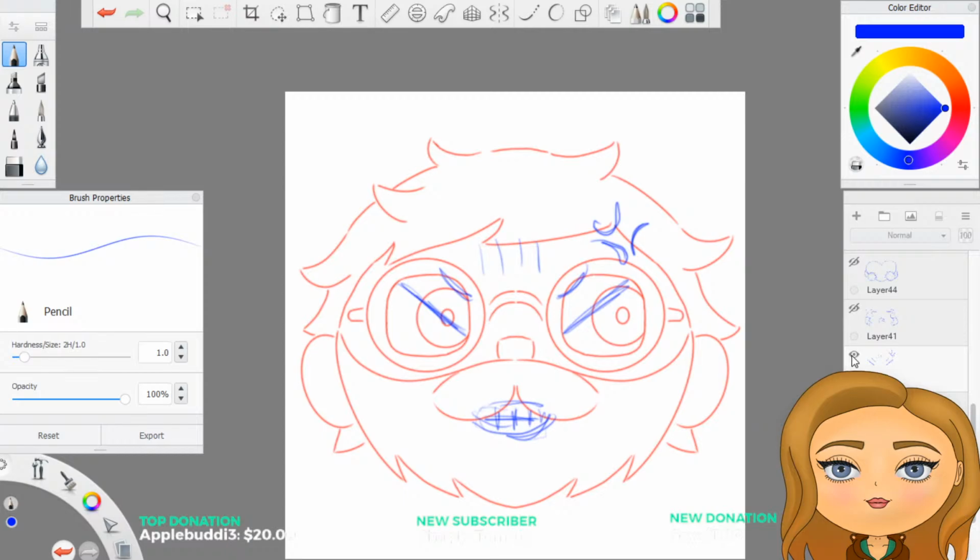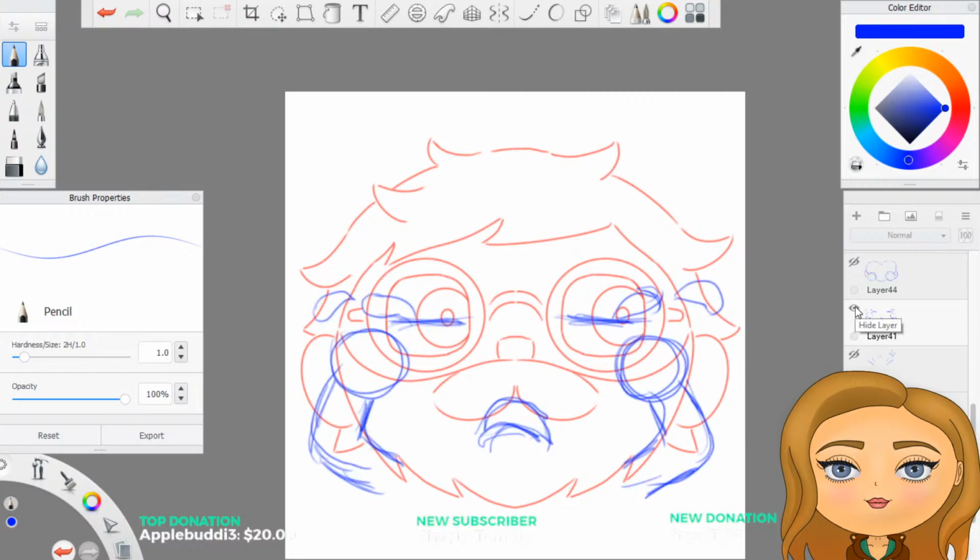We have an angry face, which would be eyelids half closed, some low eyebrows, maybe some reddening up here, the weird anger scrunch thing, and some gritted teeth.